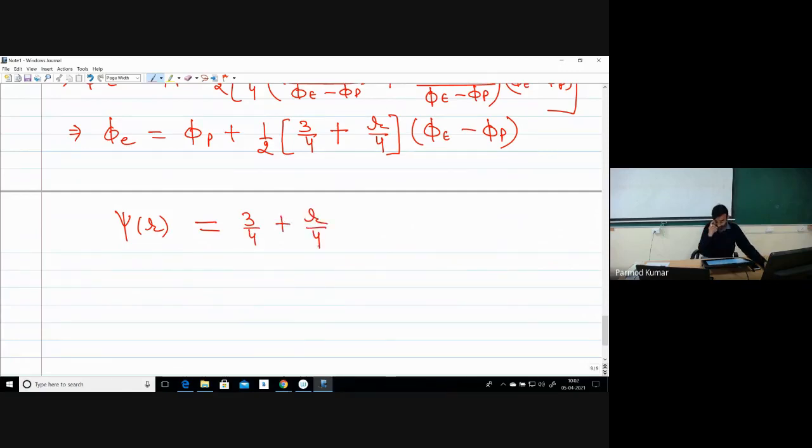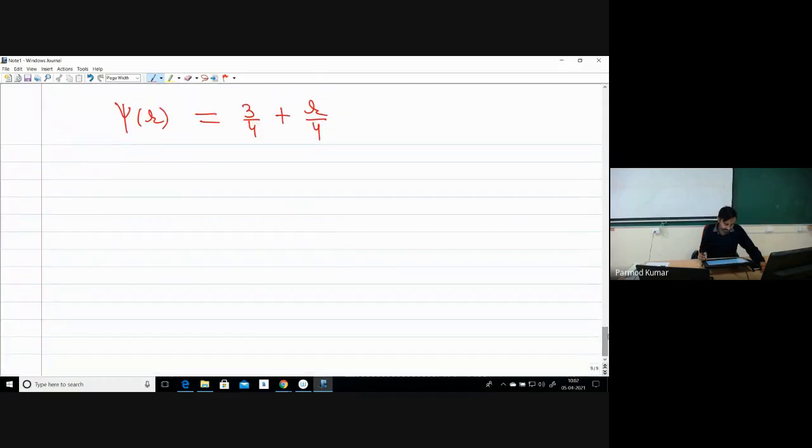Is this point clear? So this is what we have actually got, the value of function psi R for different schemes, while we have compared it with some generic equation which involves some function psi R. Okay, so we have got the functional value for different schemes. So let me once again write these values. So this is for QUICK, and we have got psi R equal to 0 for upwind differencing.